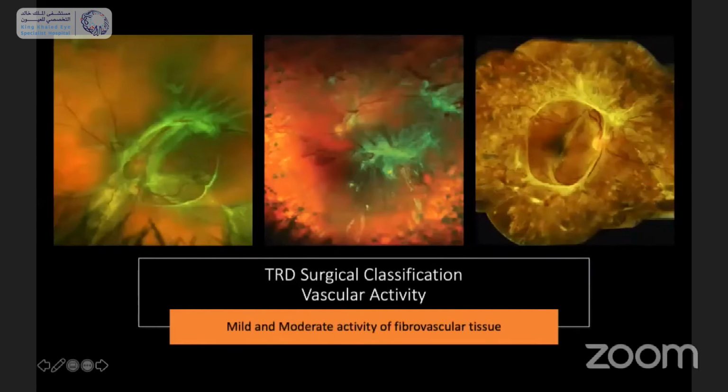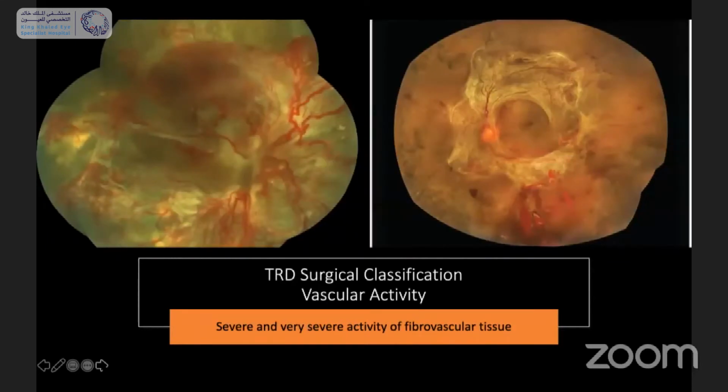This vascular activity can also be mild or moderate. You have some examples here where you see the blood vessels running through this fibrotic tissue. And in these cases, maybe it's mandatory to have the anti-VEGF a little bit earlier, maybe 4 or 5 days before. And then there are cases like this one where the vascular activity is very severe, and you probably need to inject more than 7 days before to have a complete resolution of this activity before surgery, to avoid